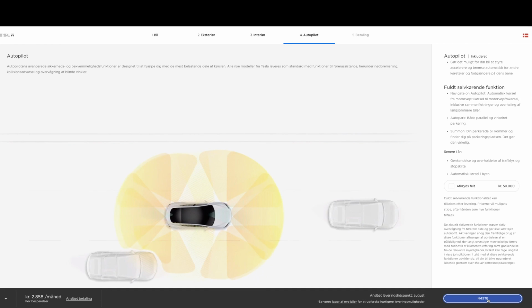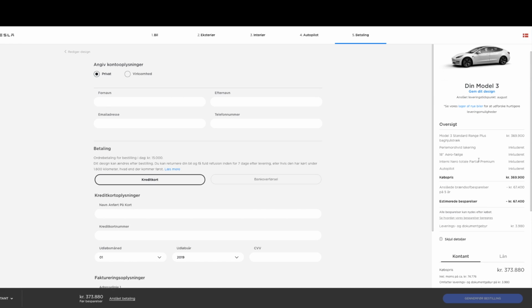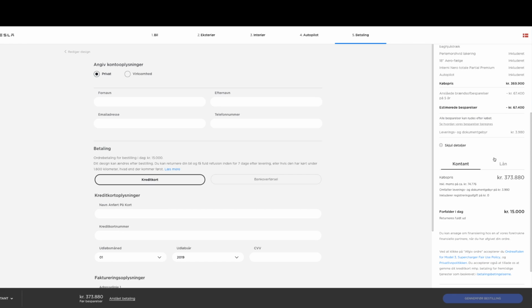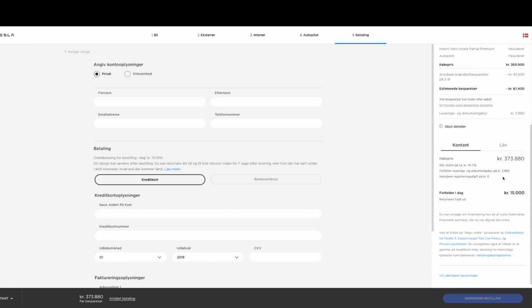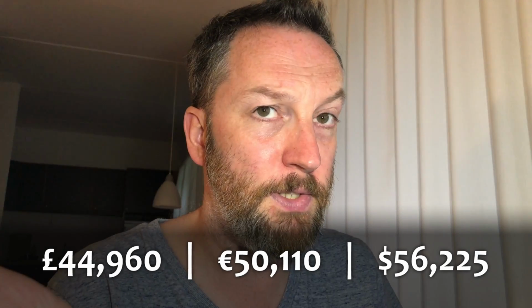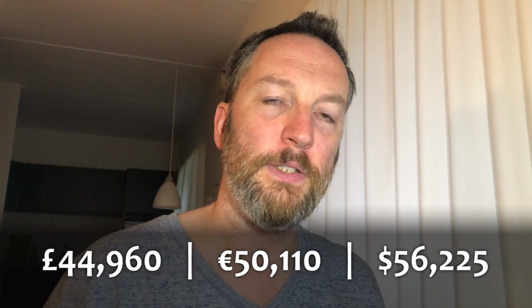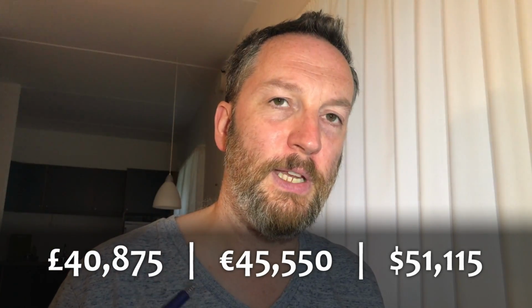Then there's a delivery fee. Let's have a look if we can break it down here on the right. Yeah, so the total price, no, here's the documentation fee here, around 4,000 crowns. So you're looking at 374,000 crowns, which is still quite a lot of money in other currencies. I'll put those on the bottom of the screen now. You could theoretically get the Kia e-Soul for 340,000, but for my preferences, that's fairly bare bones,